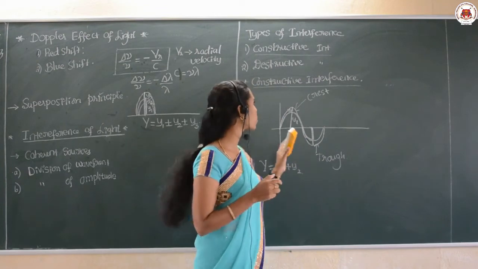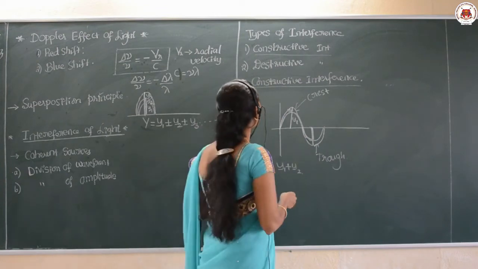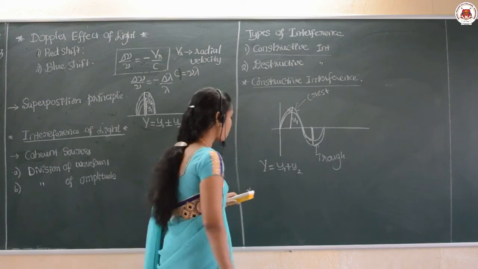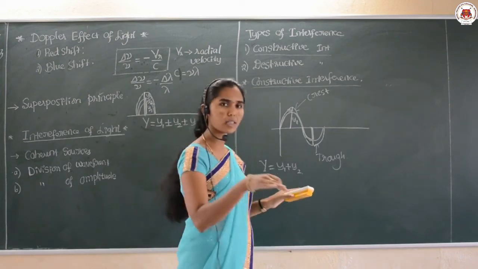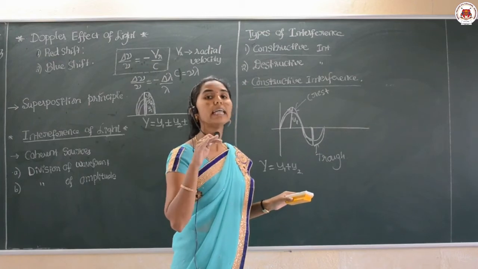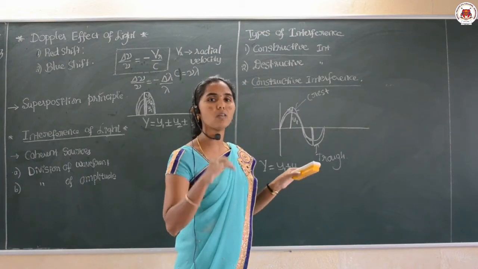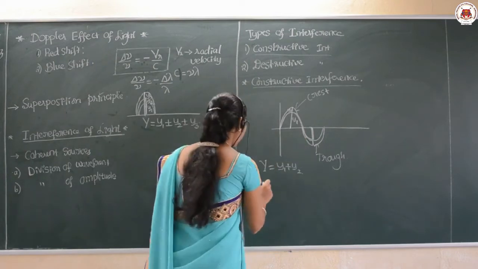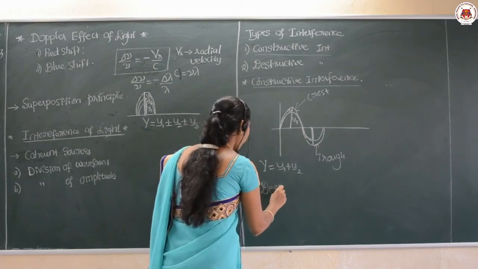I hope you understood this point. Yes. So, the next one is destructive interference. Destruct means there should be a decrease. Destructive, decrease; constructive, increase, right. So, in the destructive